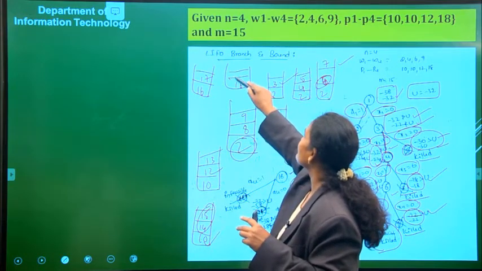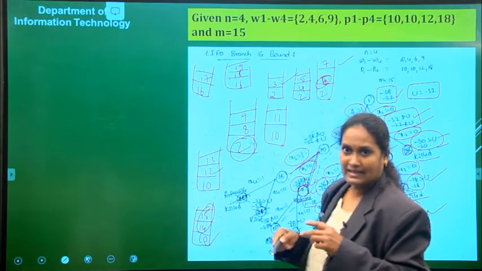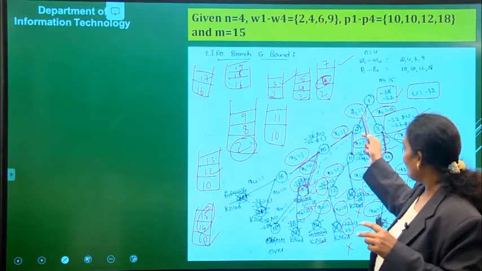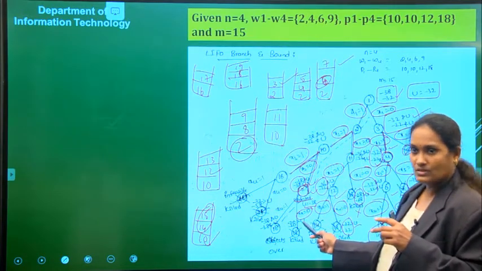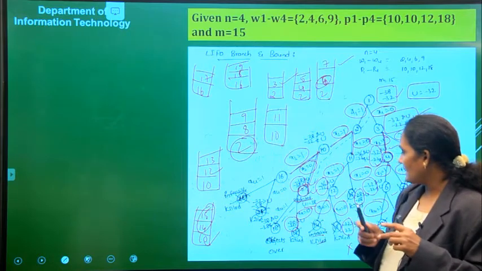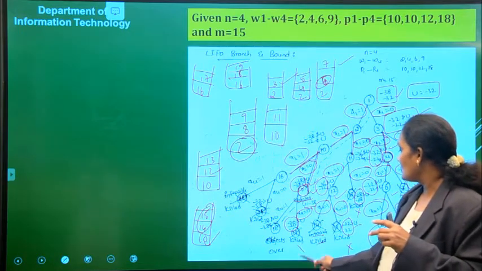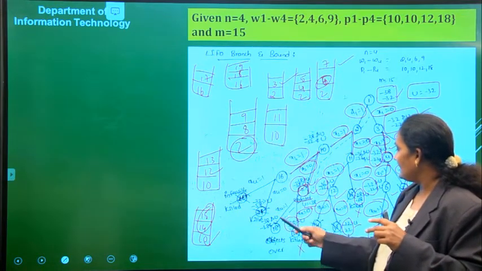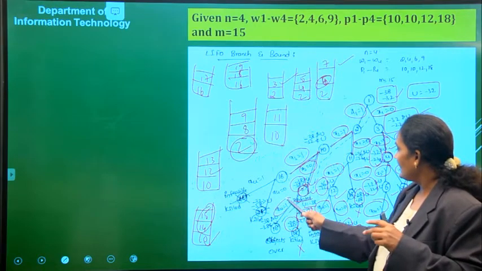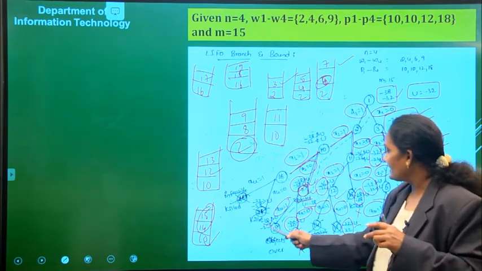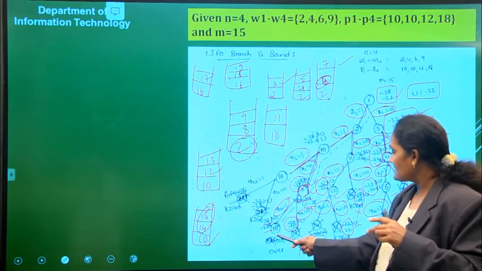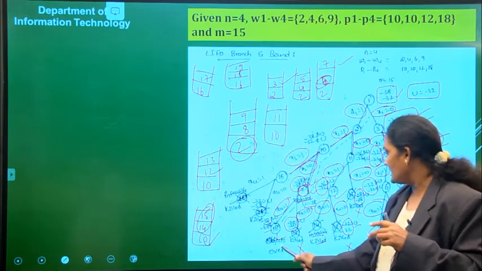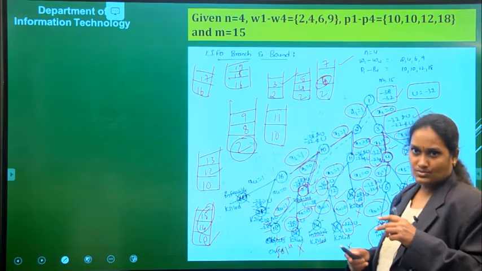Here the stack already contains 16, and here we will get 18 and 19. The next node is 19. Here the path is x4 0, that is x1 1, x2 1, x3 0, x4 0. In this case, if you calculate the values, you will get minus 20, minus 20, which is also killed. And coming to 18, here x4 is 1. If you calculate the values, minus 38, minus 38 you will get. This becomes the live node. But here, since there are no more objects, I can represent this as one of the solutions.